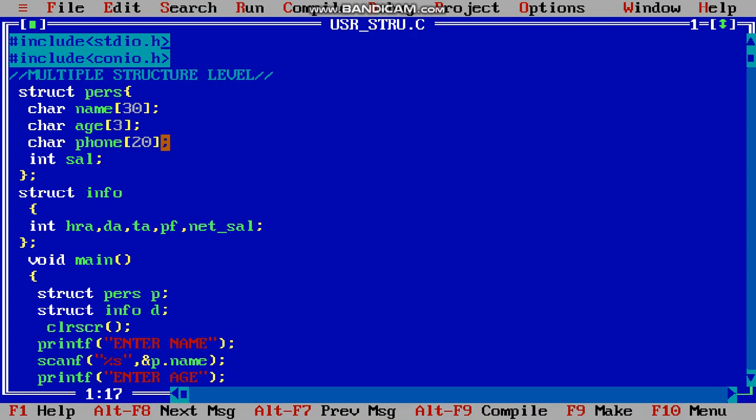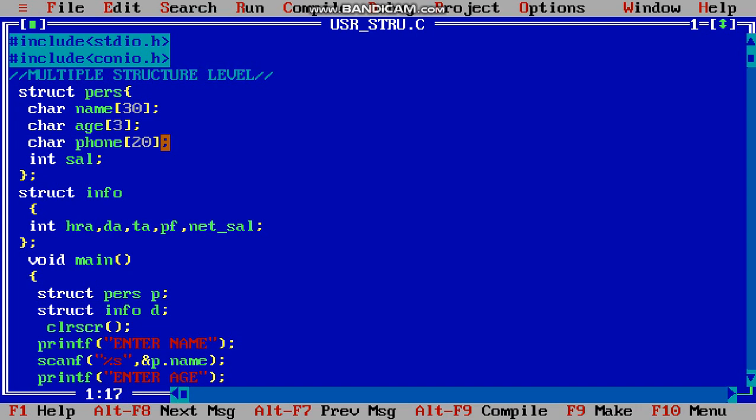So basically, why are we using it? First of all, you have to see this. Structures, as I already told you, are collections of variables. Suppose we want to enter the employee report and make the sheet of the employee report.